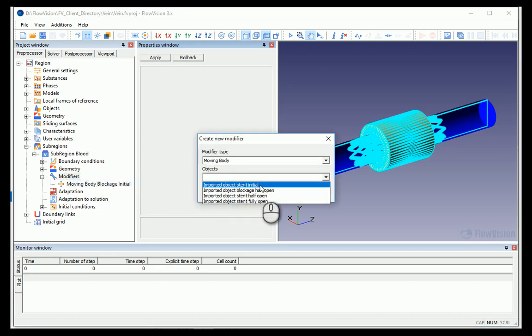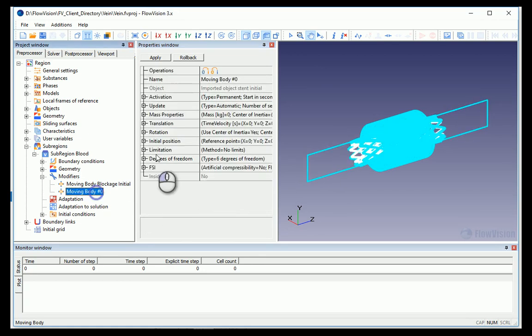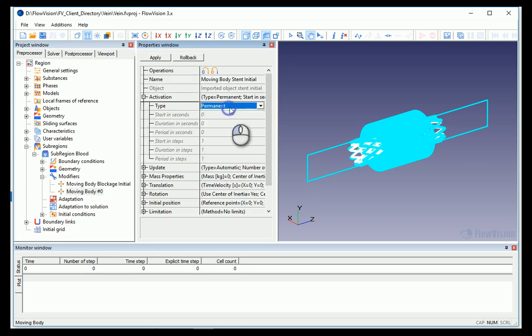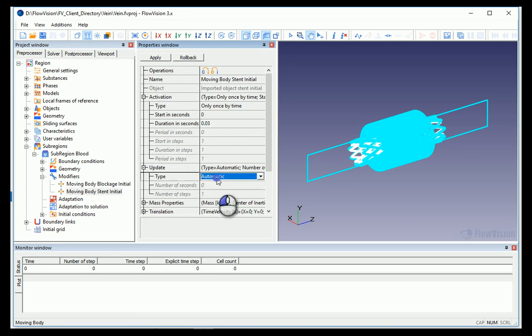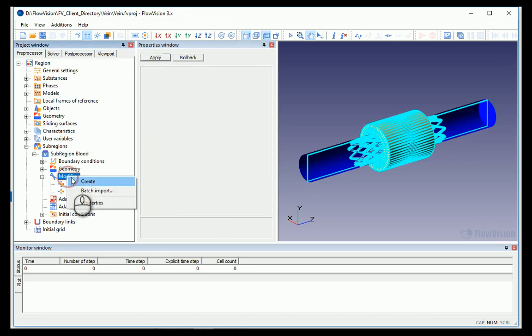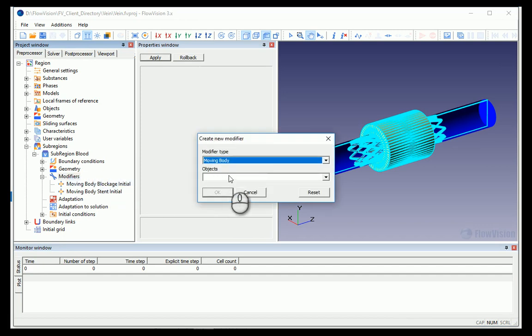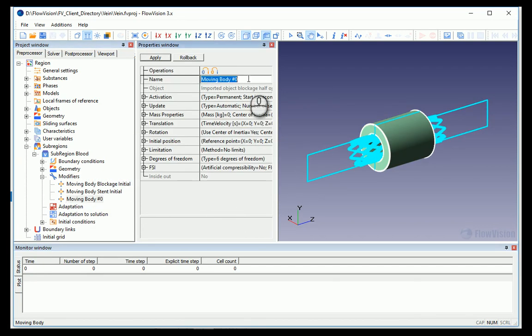Next one is the Stent initial. Let's change its name. Change the activation to only once by time. Again, starting second 0 and duration is 30, and update is closed because it will be in the same location, but it will not be existing there all the time during the course of the simulation. So now I have the